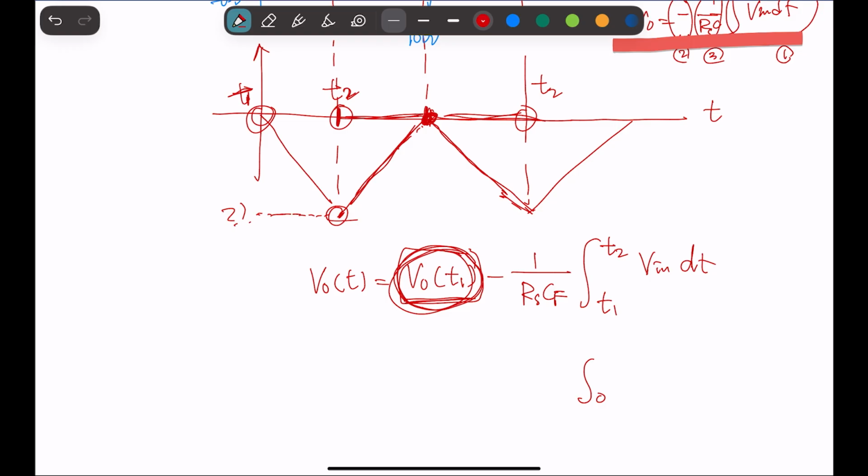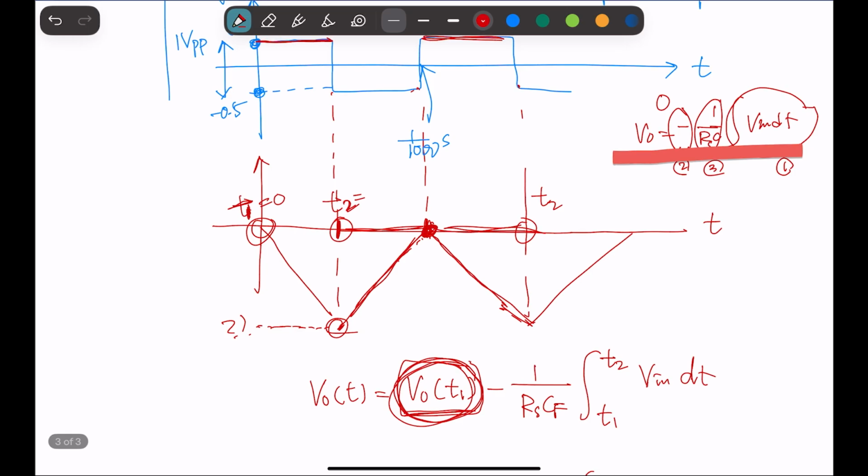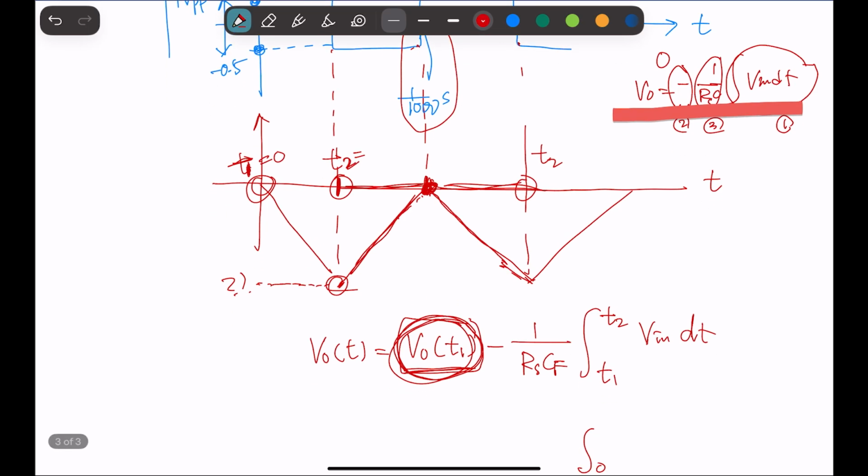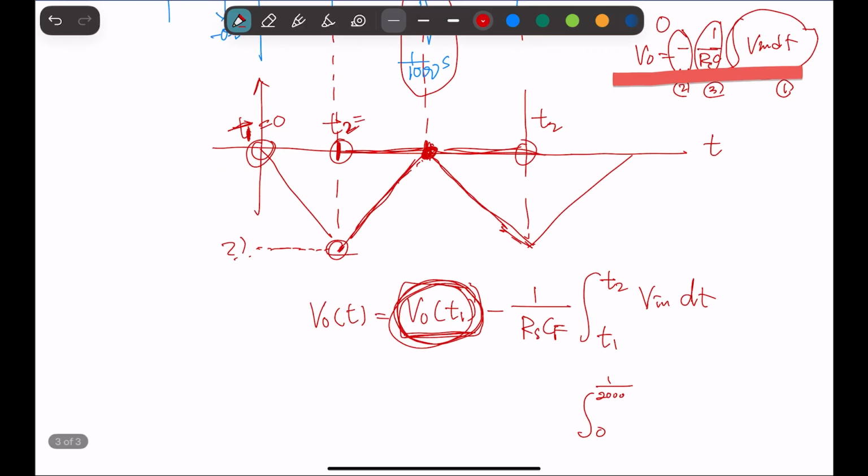My T1 is 0. My T2 is half of this period, right? So my T2 is going to be 1 over 2000. And my Vn is going to be 0.5 dt,